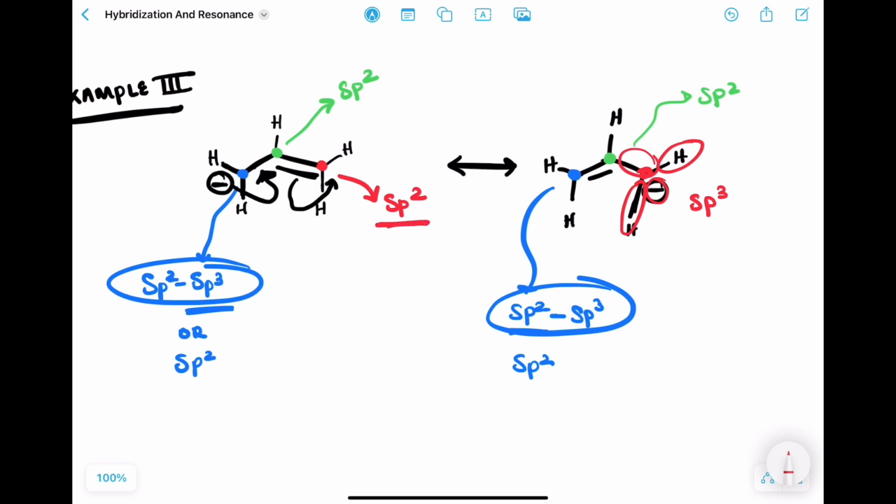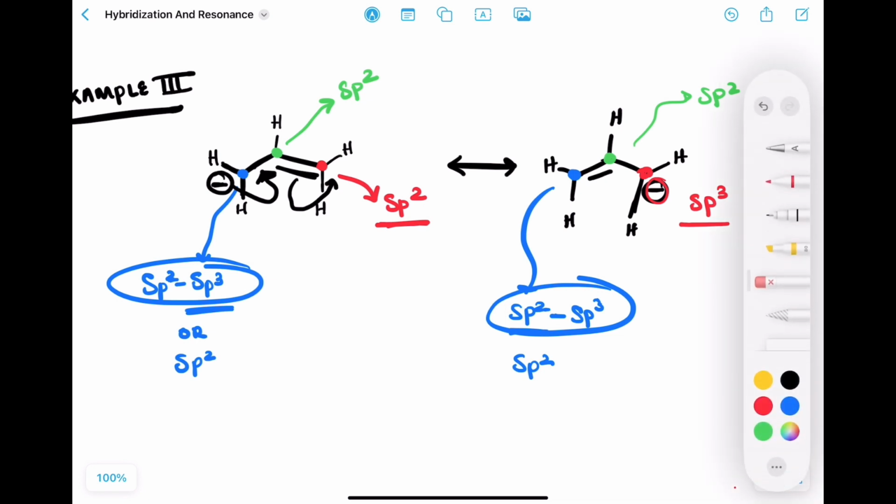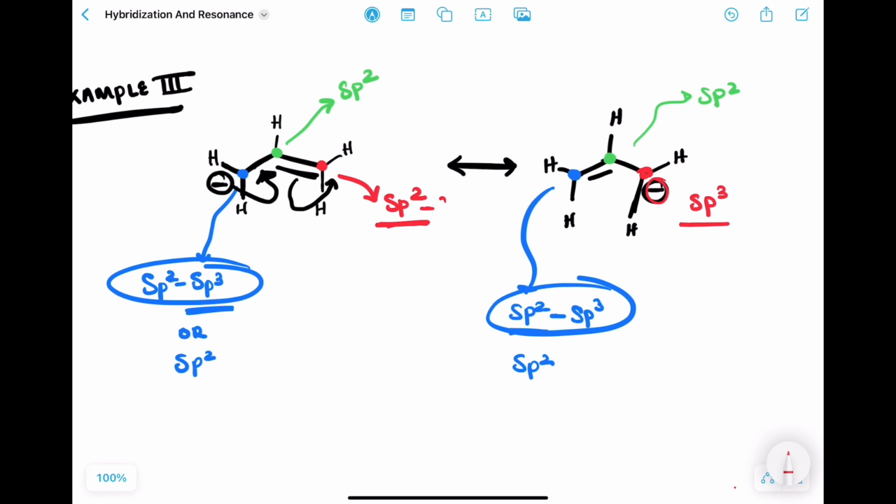But wait a second, it was sp2 over there. So again, we have to do the same type of thing. The structures can't both exist at the same time if one is sp2 and then it is also sp3. That doesn't make sense. So instead, what we do is we designate it sp2 dash sp3,